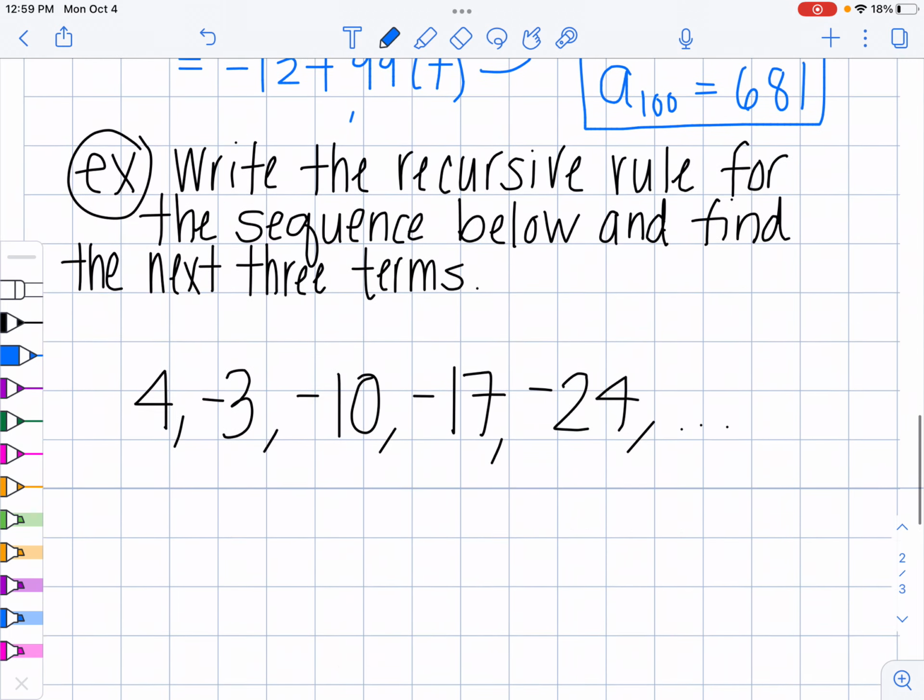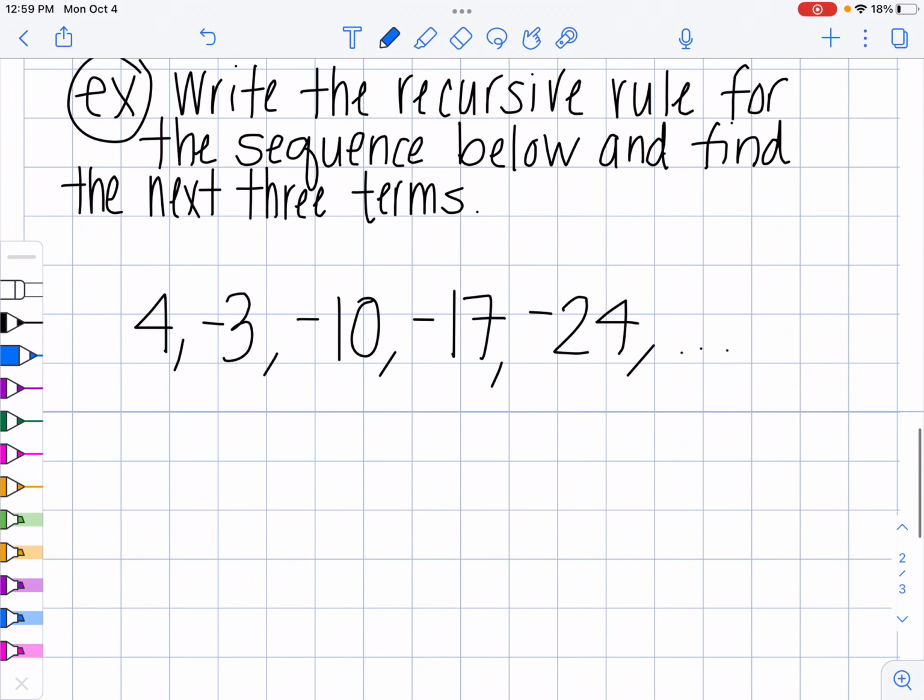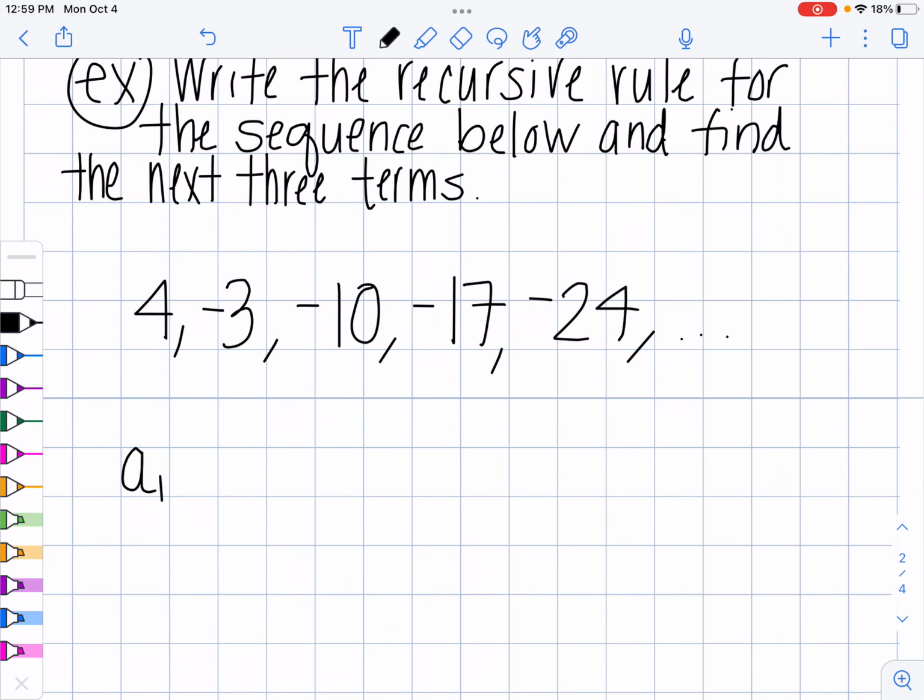Okay. Now we want to write a recursive rule for the sequence below and find the next 3 terms. Okay, so my recursive formula says I have to write my first term. That's easy, my first term. Literally the number that comes first, so I just write my first term as 4. Then, to find my nth term, I have to find my common difference